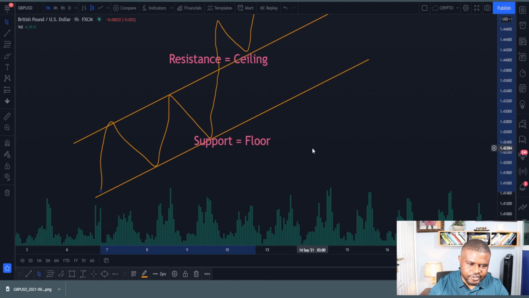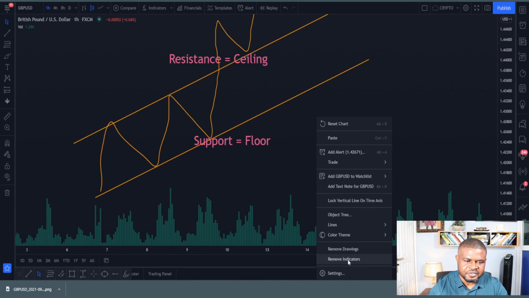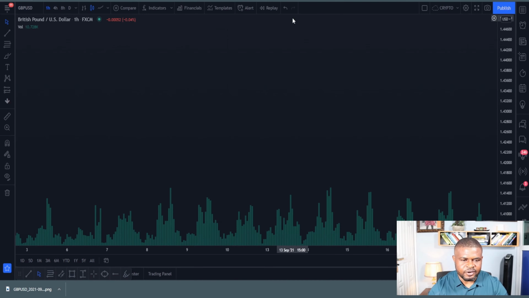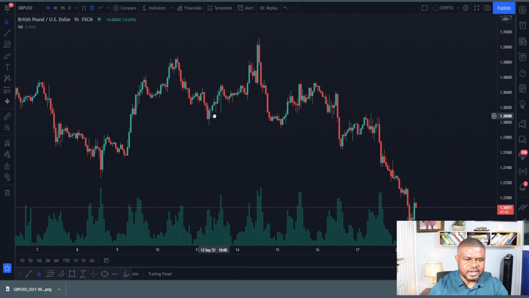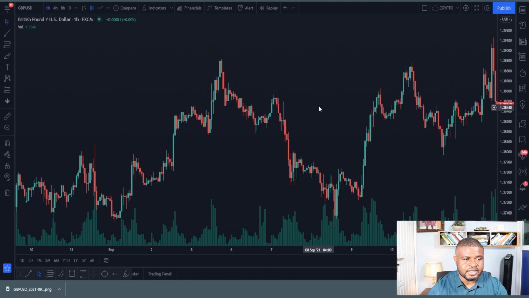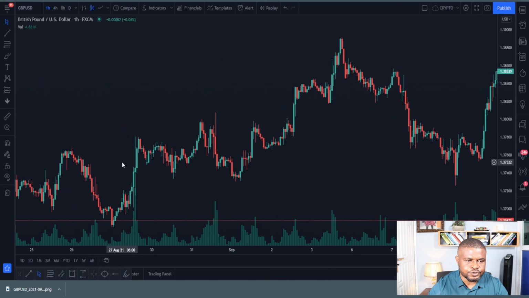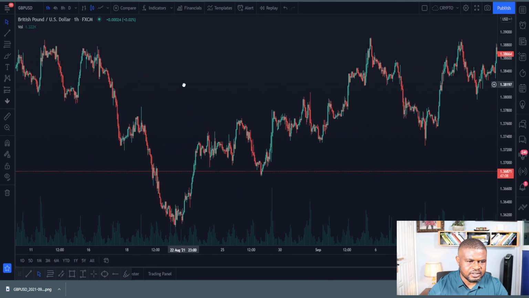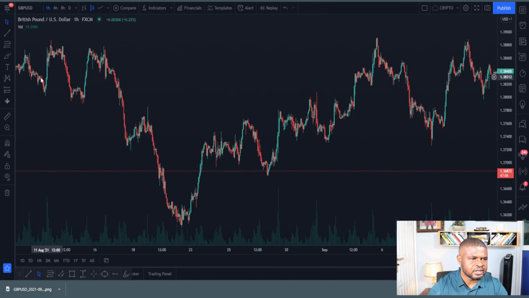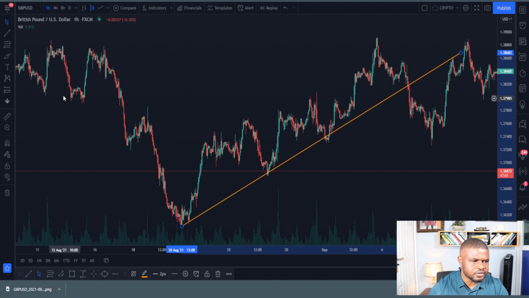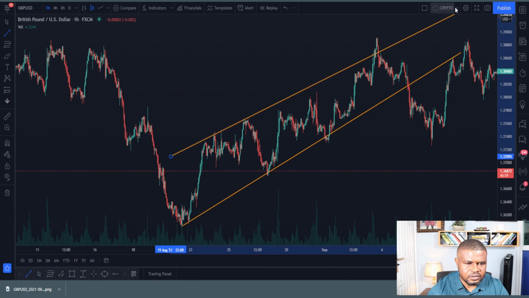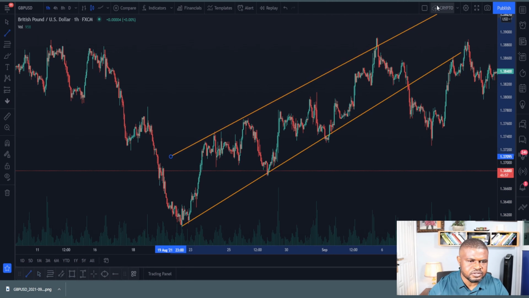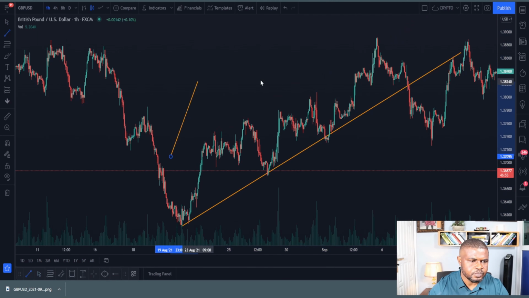Okay, let me show you the chart. If that's not simple enough, probably it will aid your understanding better. Like I said earlier, this is a pound USD chart, right? And you can see here a vertical support almost immediately, and of course a resistance, right?